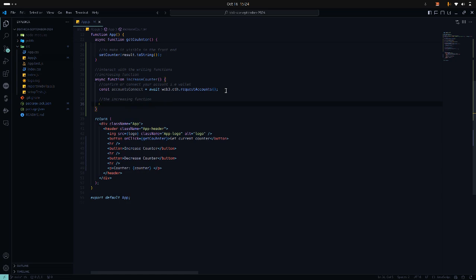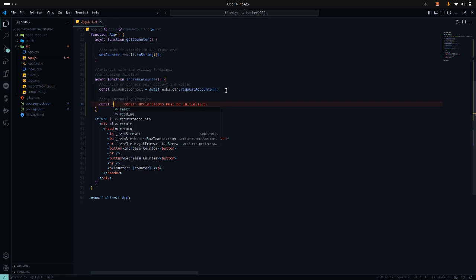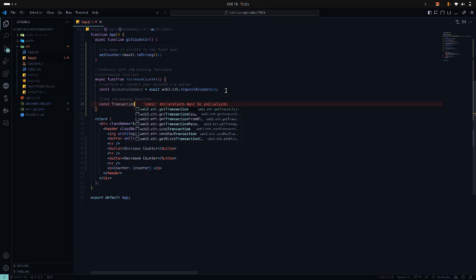Yes, you can say now const, we can call it transaction. Let's call it transaction, because it's a transaction of checking we are performing. So